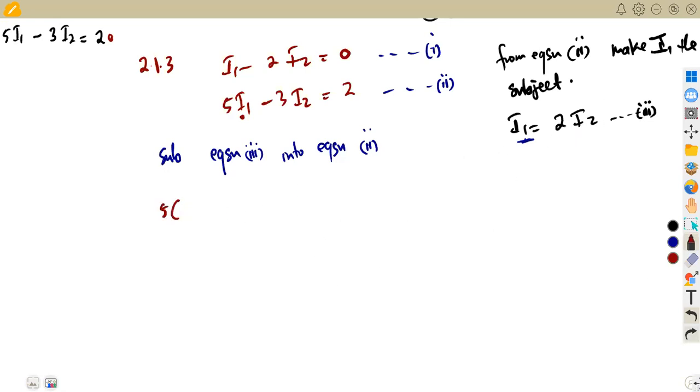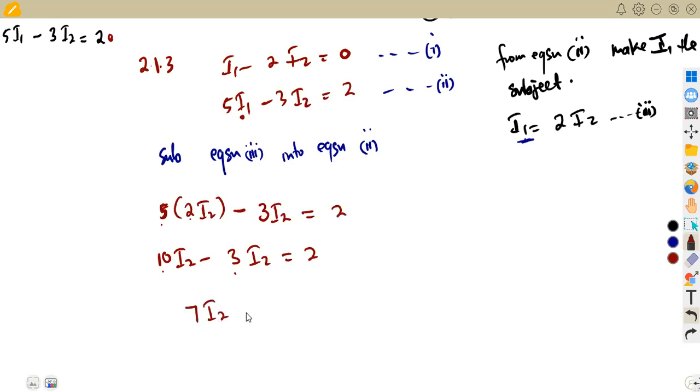So that is 5 times 2I2, minus 3I2, which is equal to 2. Then we can solve. Just multiply here, and we're going to have 10I2 minus 3I2 is equal to 2. Then we can collect our like terms. 10 minus 3, that will be 7I2 is equal to 2. So you can divide by 7